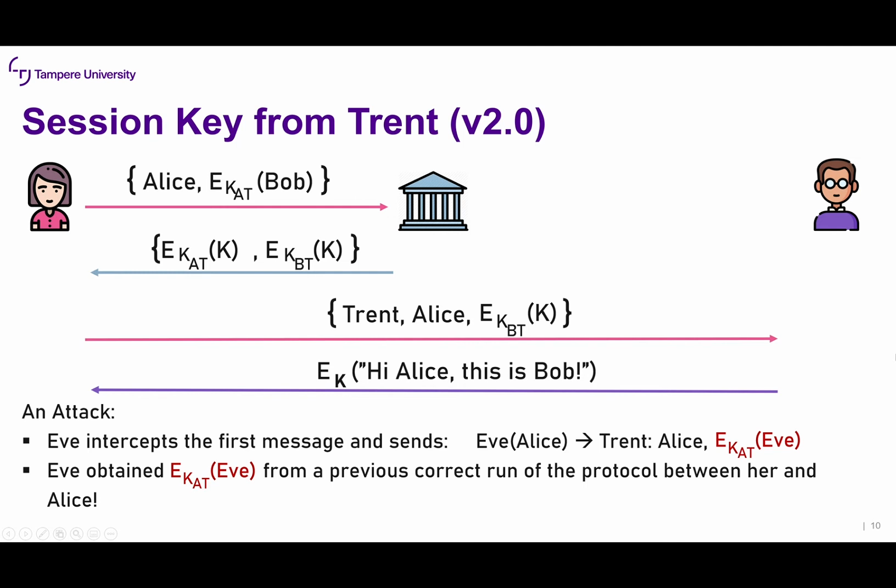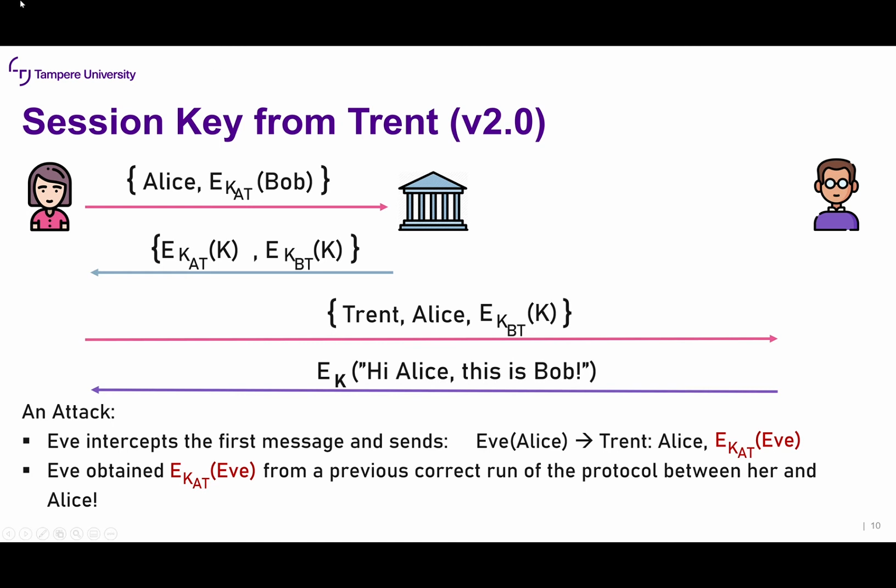So imagine that at some point Alice ran this protocol in order to communicate with the legitimate user Eve, right? If Alice did that, the first message would have been from Alice to Trent saying, "Hello, I'm Alice and I would like to communicate with Eve," and that Eve there would have been encrypted with KAT, right? So there was a proper legitimate run of the protocol between Alice and Eve in the past, and Eve stored